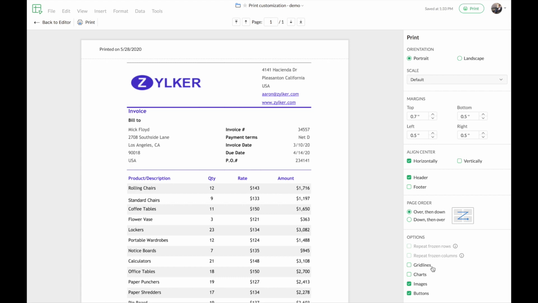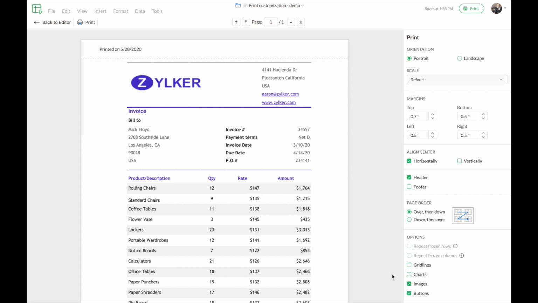Here in this invoice you can see that the organization's logo has been inserted as an image. We'll just see how the preview changes when we unselect the option called images from this print preview. Here you can see that I've unchecked the images option, and on the left in the print preview you can see that the logo is no more visible. I'll just check it back. This way you get to pick the elements in your spreadsheet that you want on the paper and those that you do not want.